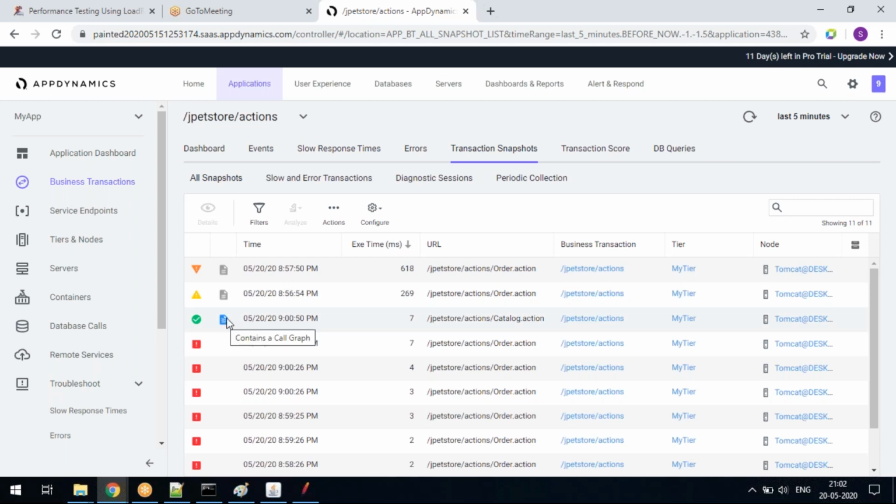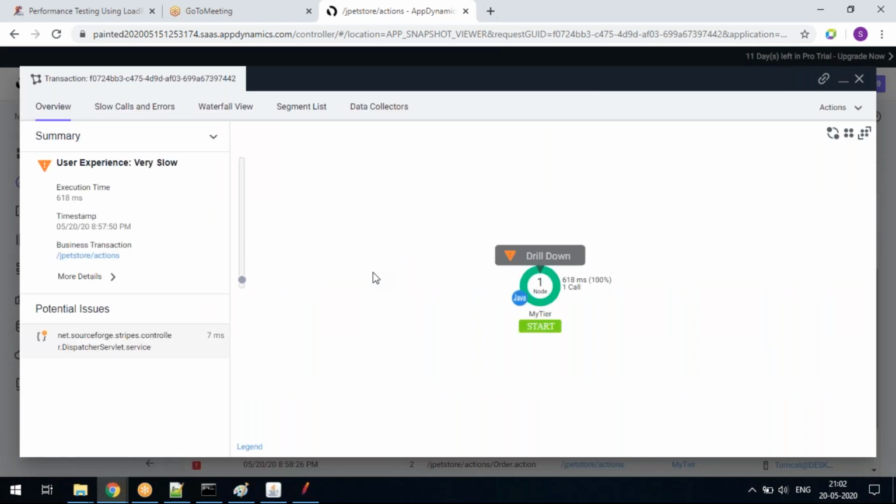When AppDynamics is able to identify the end-to-end log from top to bottom, that is called a full call graph. If AppDynamics is unable to find the full call graph, then that is called a partial call graph. So in this case, it is able to get only the partial call graph, guys. Okay. So what I'm doing, I'm double clicking that particular issue. It will show you the detail of where that request is coming from.